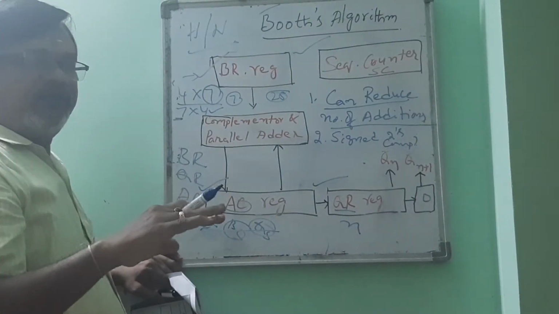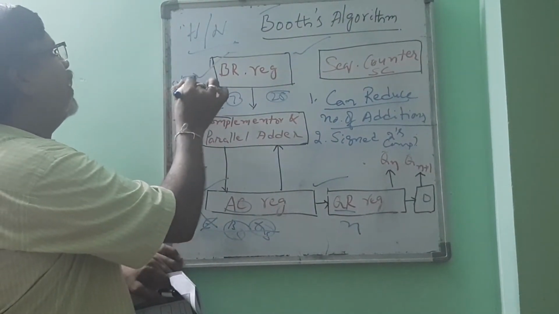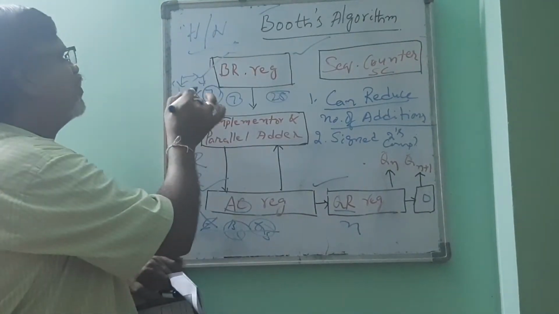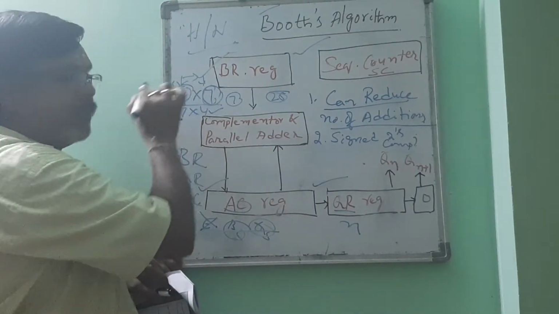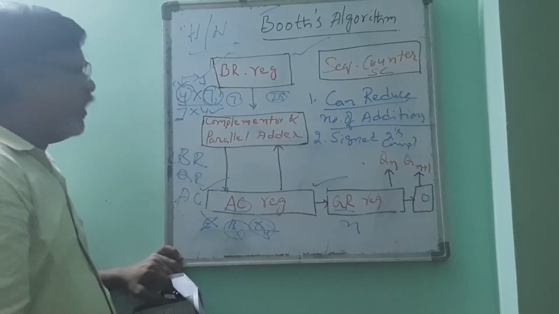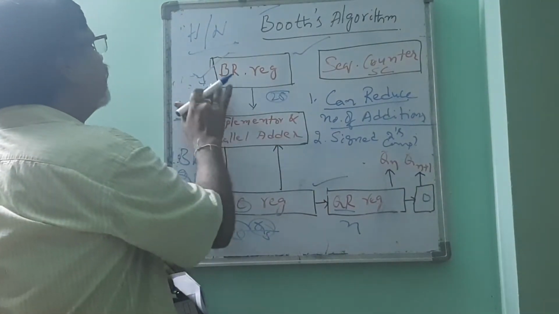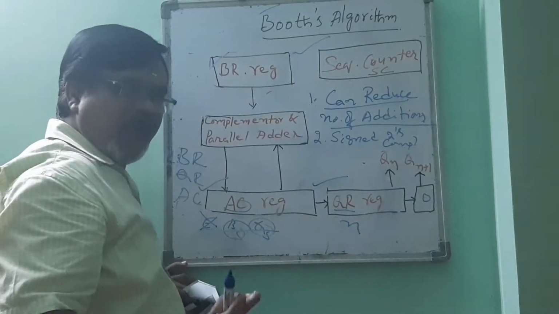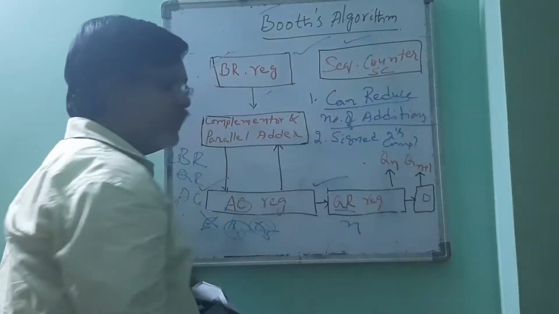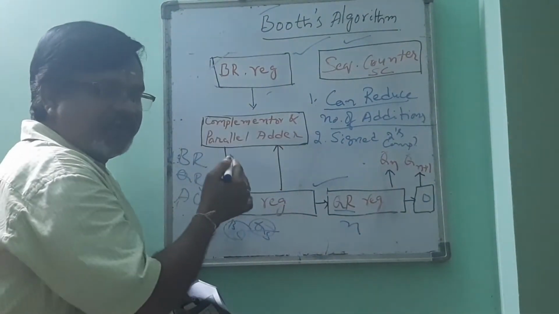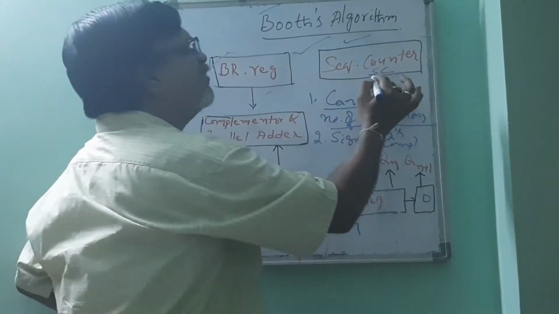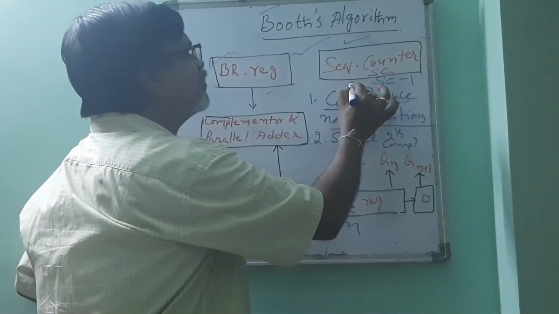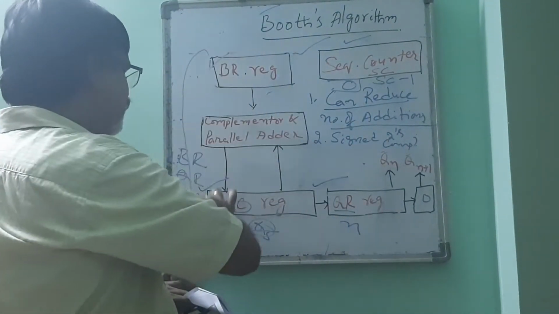But which one do we need to add? First we compare these two values, whichever is smaller and whichever is greater, and the greater number is added for the smaller number of times to reduce the number of steps. But whatever it is, we don't bother here about which is greater. How many times we have to add is specified initially in the sequence counter, and for every addition and shifting of the values, the sequence counter value is decremented by 1 until it becomes 0. This operation will be performed.